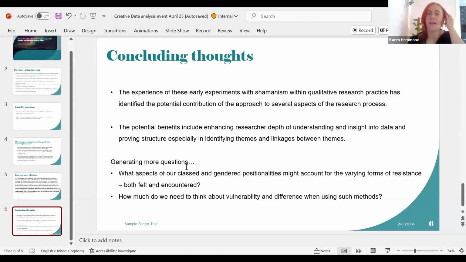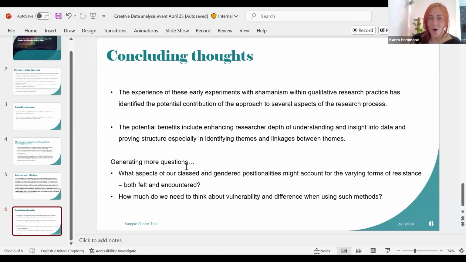So yeah, we do agree, and we work out some of the questions that it generated within the chapter. And we do agree that the experience of these early experiments with shamanic journey to aid the qualitative process, the analytical process, we do feel that it has something interesting and innovative to contribute to several aspects, and that includes enhancing, as my experience shows, researchers' depth of understanding, not only into the data itself, but also about their own analytical